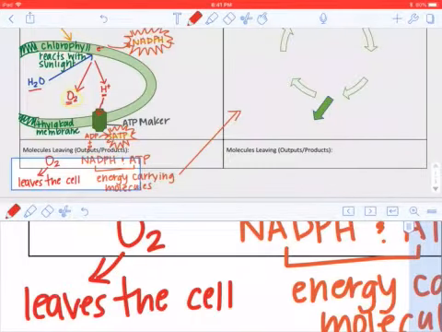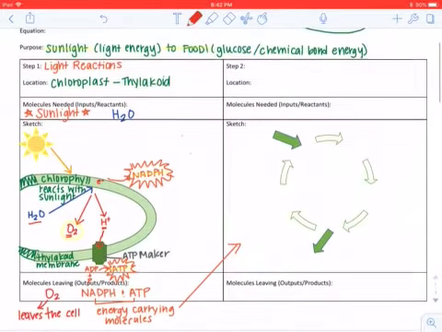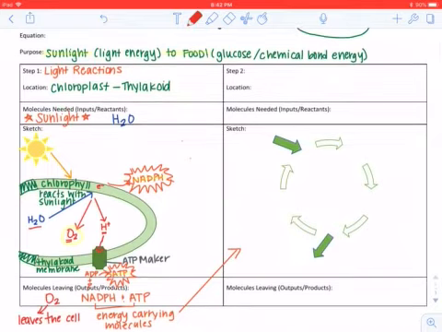So the energy of sunlight is really used here to split that water. And then that water, as it gets split, it can make some ATP and it can go through this process to make some NADPH. It's really an electron transport chain, but you don't need to know much about that. That's going to lead to step